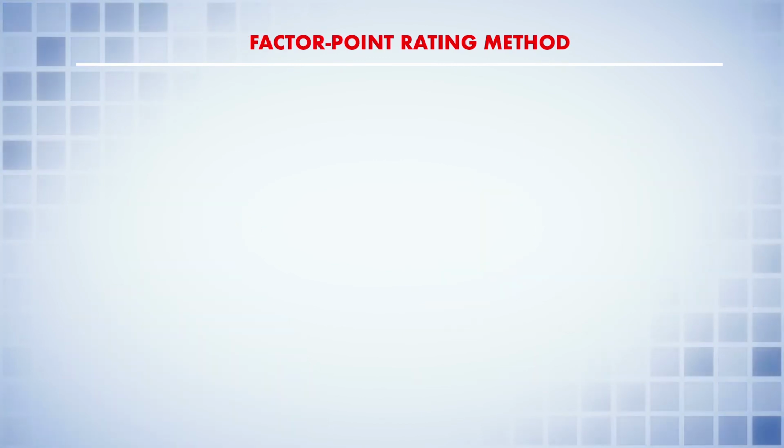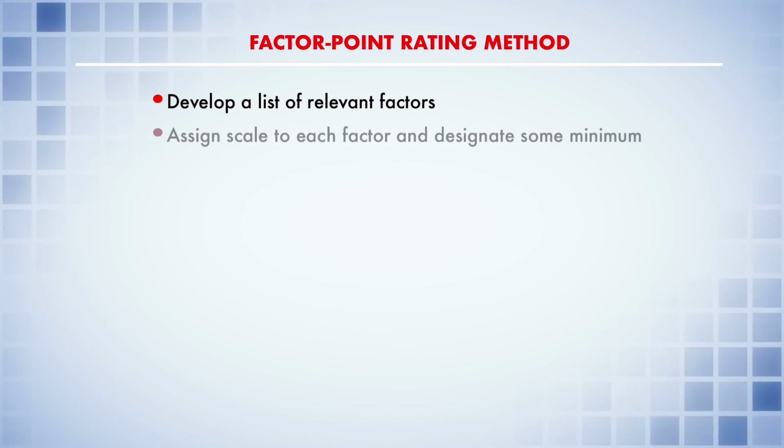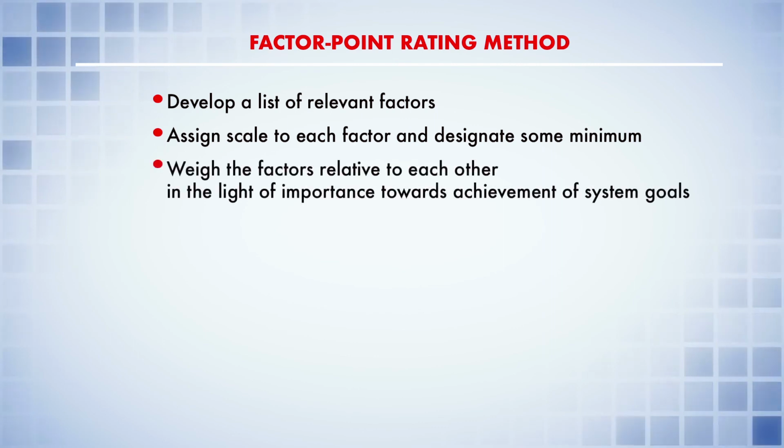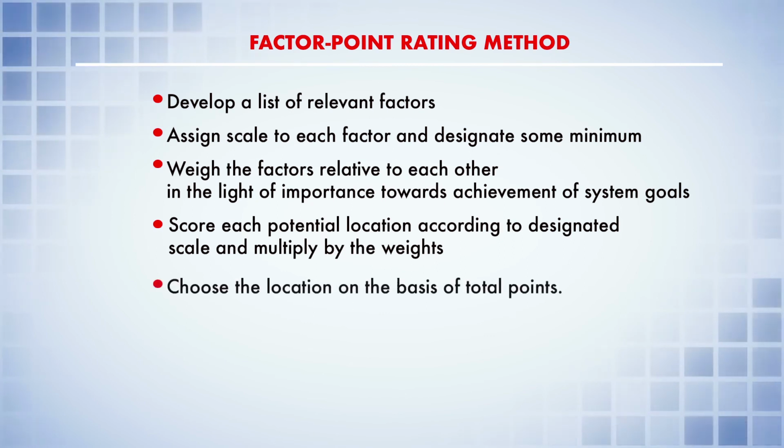Now, in the factor point rating method, we will develop a list of relevant factors, we will assign a weight to the factors on some scale, we will make a comparison among the factors, then score each potential location on the basis of some scale, and then we will choose the location on the basis of the